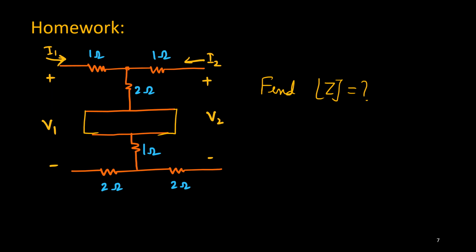And here you notice one thing. I have considered this T network in the opposite manner, in a mirror image manner. So can you use the T network in the same way, similar to these things here? And will it work? Can you use that series combination, that total Z equals ZA plus ZB? That you will think.